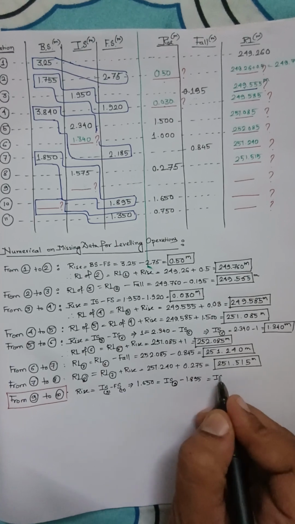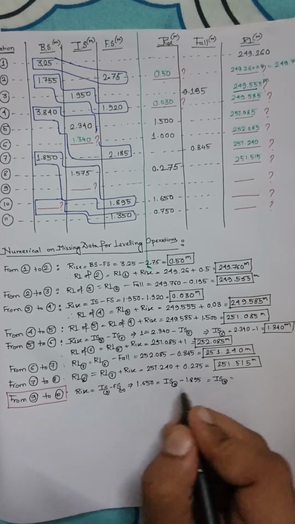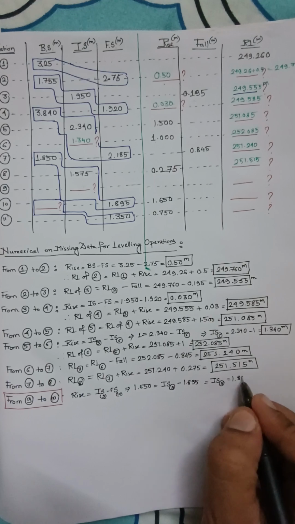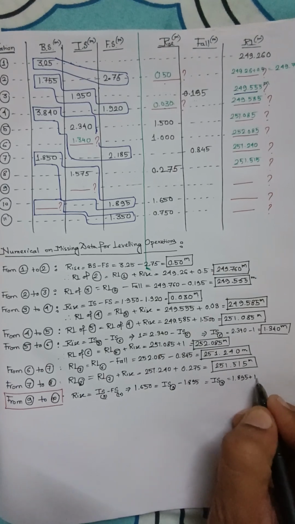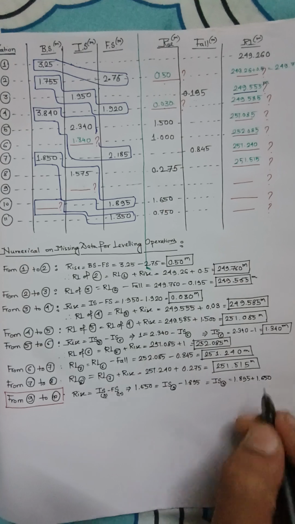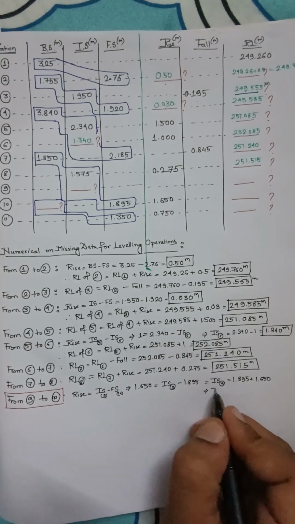So how much is the HI at 9? It's nothing but this plus this. 1.895 plus 1.650, or HI at 9 is,